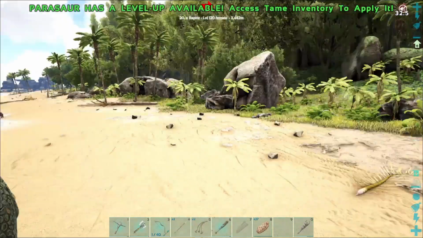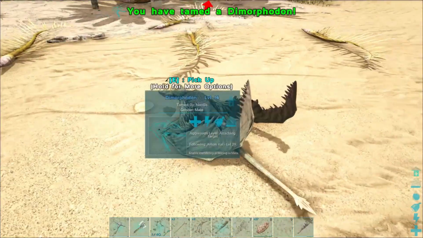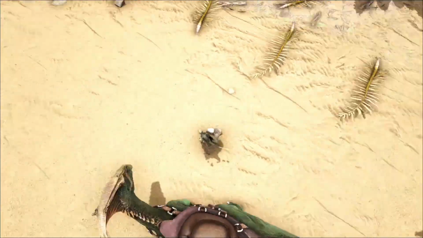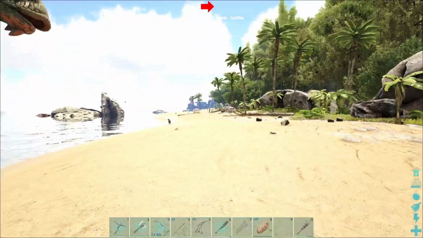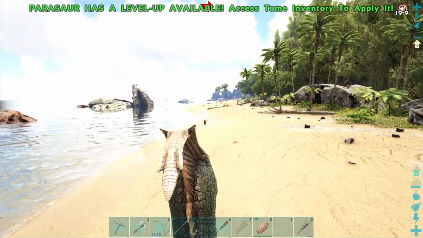So I've got the Raptor set up on a... Oh, there it is. Dimorphodon. Ladies and gentle peeps, a Dimorphodon. It's going to sit up here on our shoulder. He's a cute little bird. You know, he's a cute little bird guy. They're good against bugs. That's about all for right now. But this guy, we're going to go ahead and hit the